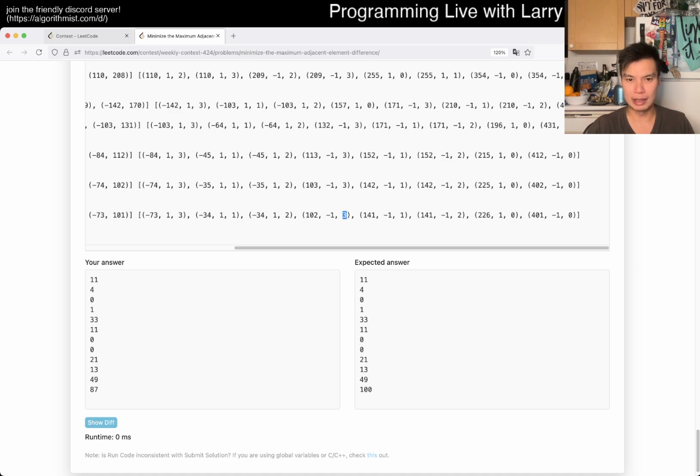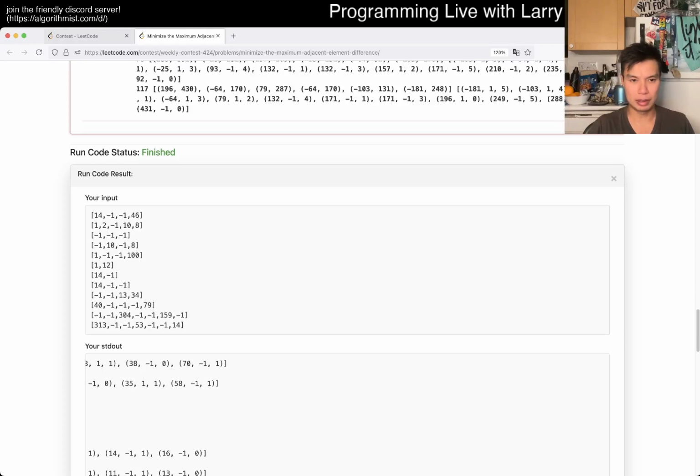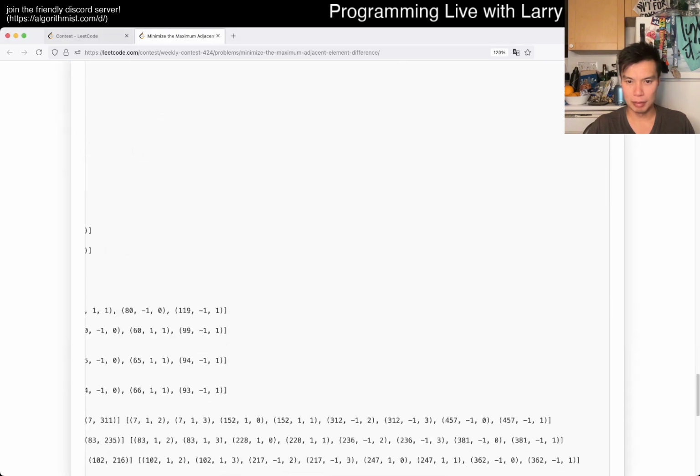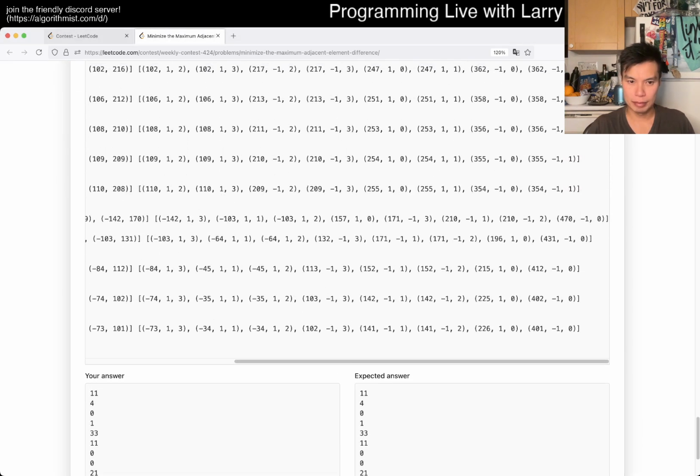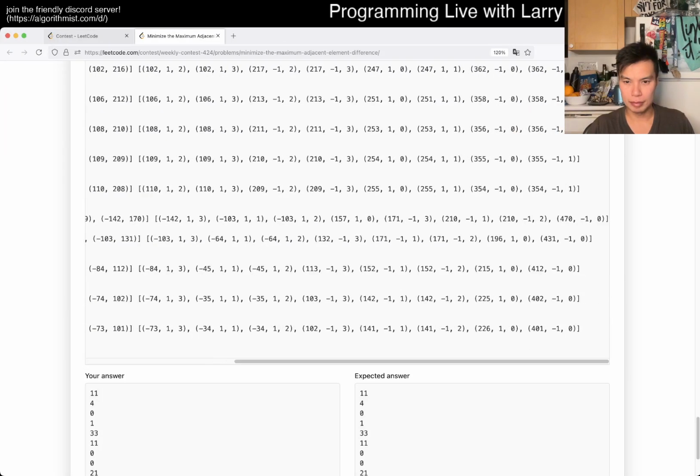So if we're doing 87, then 102 has to be one of the numbers because then that's how you get to 53, right? But then the next time it just goes to 41. No, it could be 226, right? No, well, 226 minus 102 is still too big, but